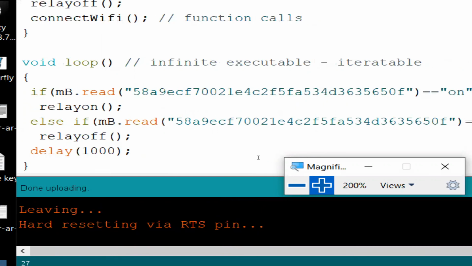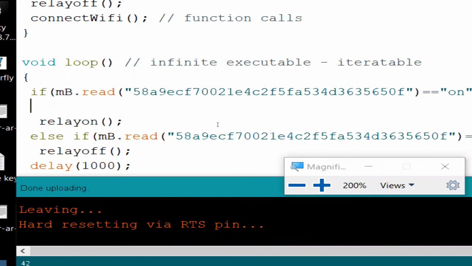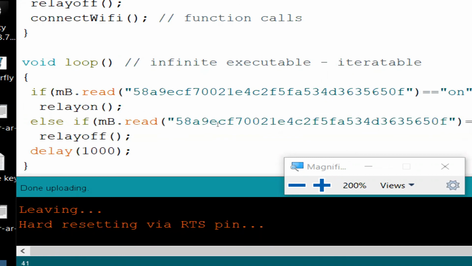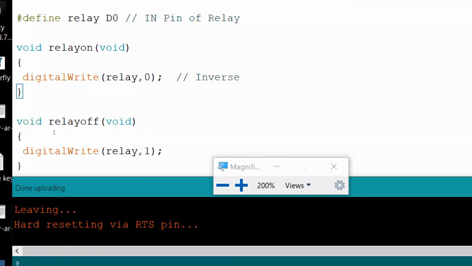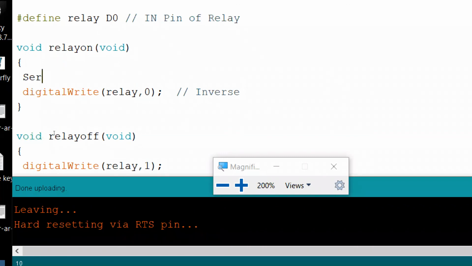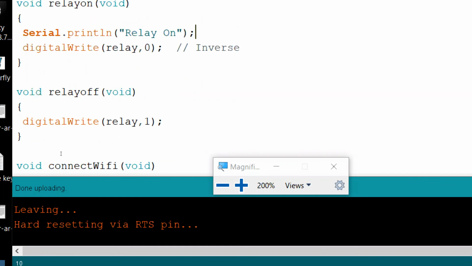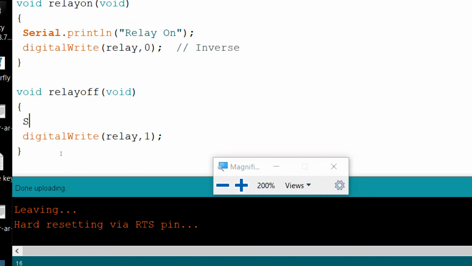But to this program, we'll make little changes. Inside relay on, we'll write Serial.println relay on, to check whether this function is called or not. If this function is called, immediately relay will be on.